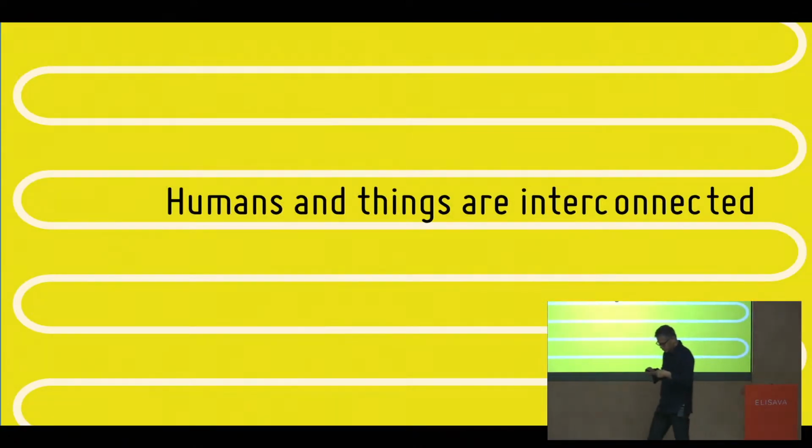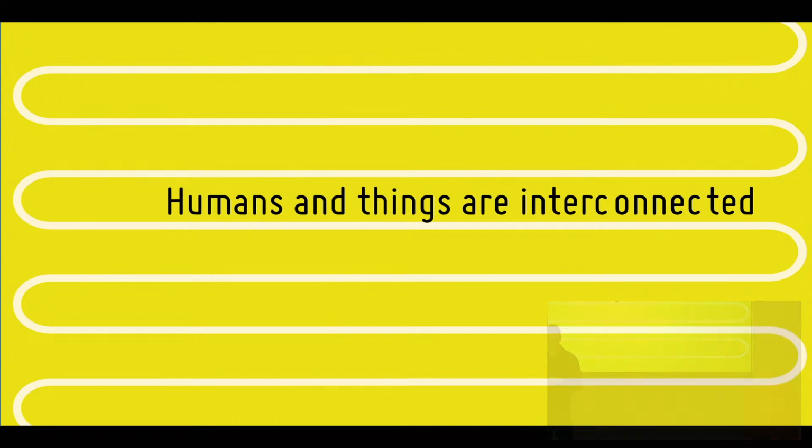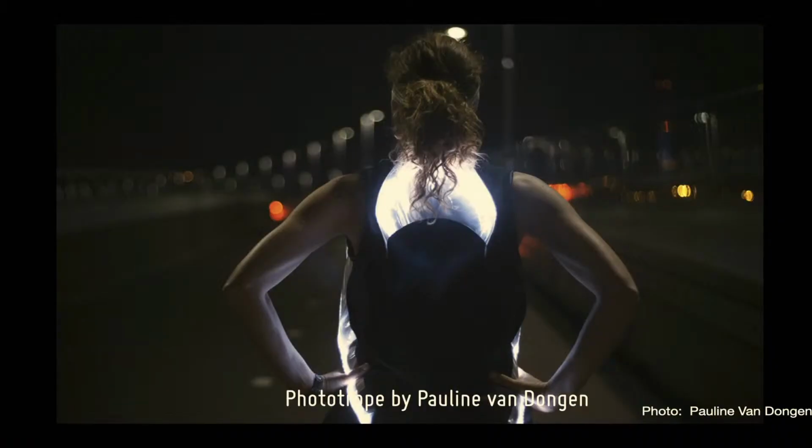But this brings me to one of the first discussions in the book, which is the idea that humans and things are interconnected. We can't think of them separately from each other. And as I said, this interconnectedness or relationality is an everyday event, and that means that obviously every day we're not climbing Mount Everest. But it happens in the sense that you're wearing clothing. It transforms who you are.